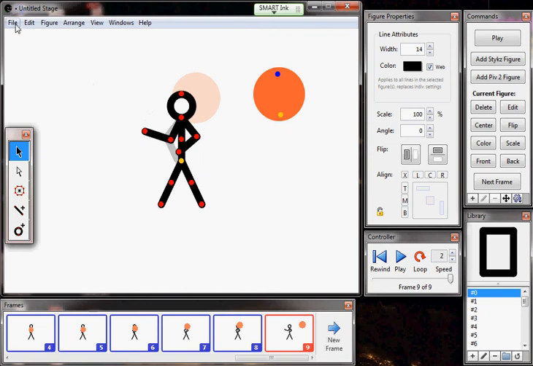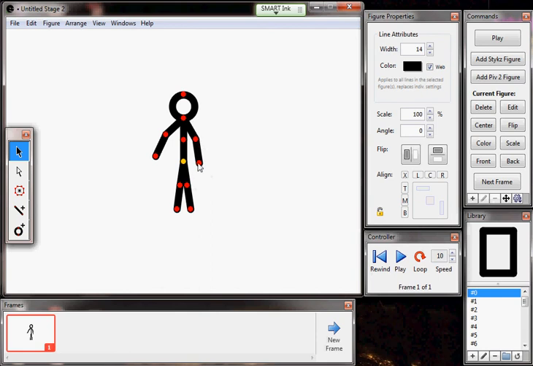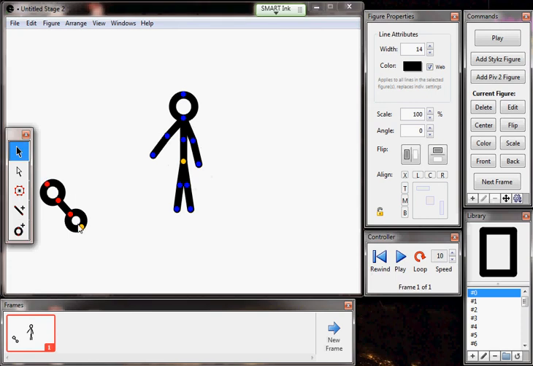If I just create a new stick figure, and I'm just going to drop it in place here, and I'm going to create a new frame, and all I'm going to do is line him up so he's more standing. So let's just bring the hands down like that. Okay, and I'm going to try and give the effect of weights, so I've never done this before either. Okay, so here we have the object